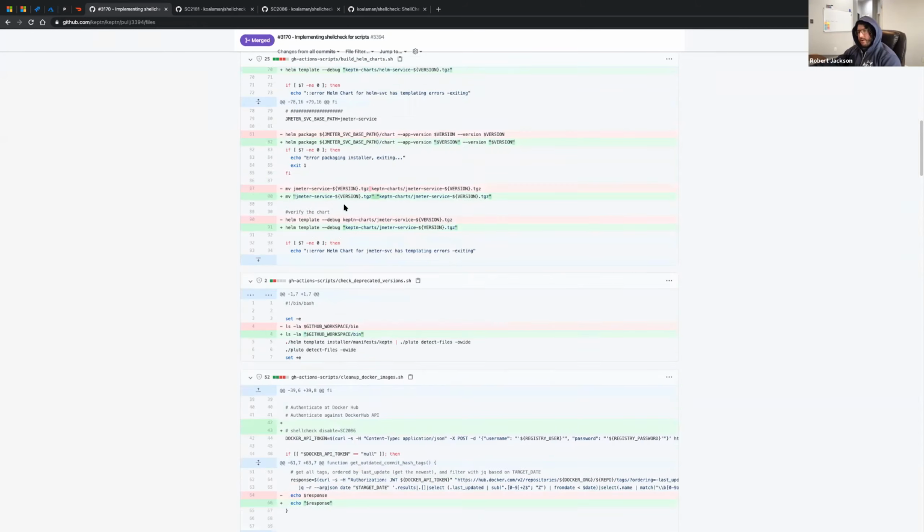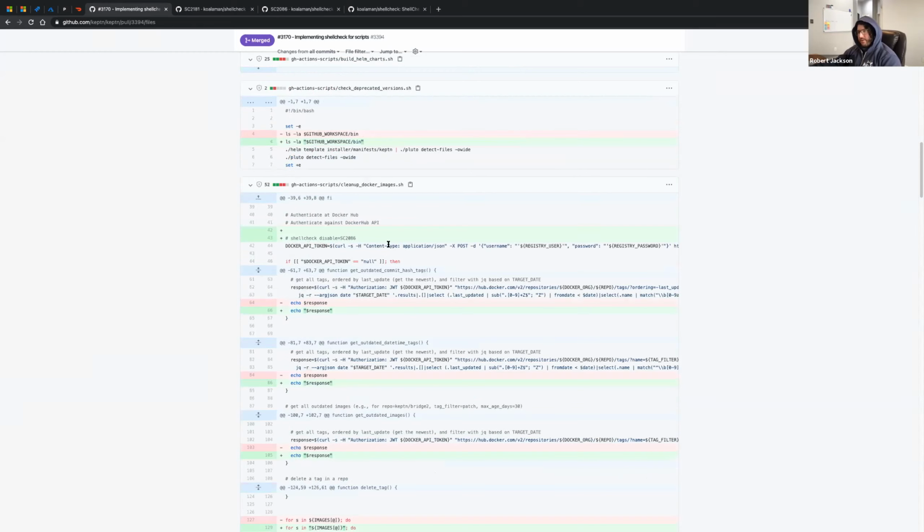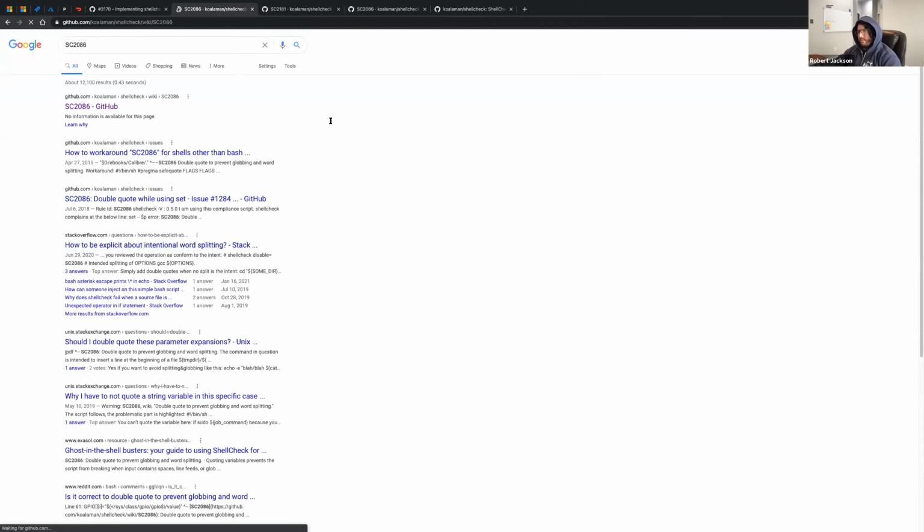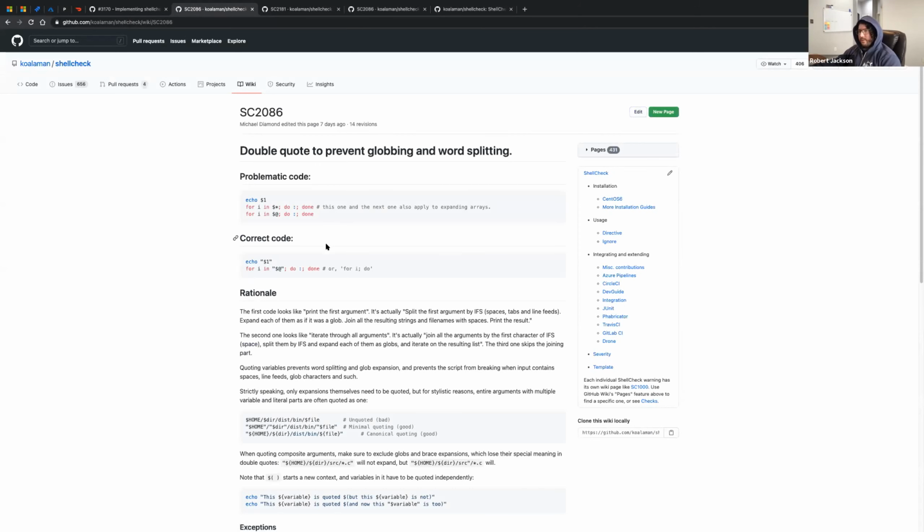Or you can ignore on a single line too. Here's an example here. I forgot what this was for. Okay, I guess this was double quoting.